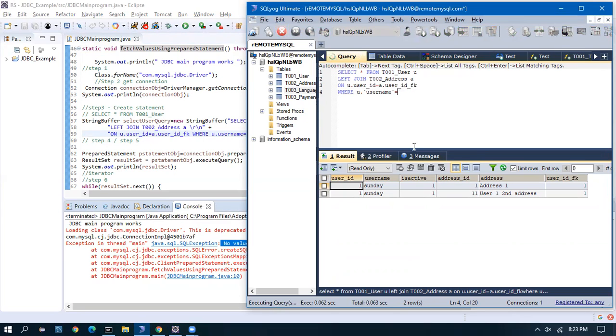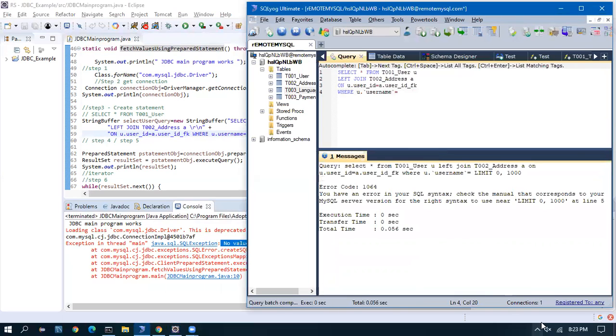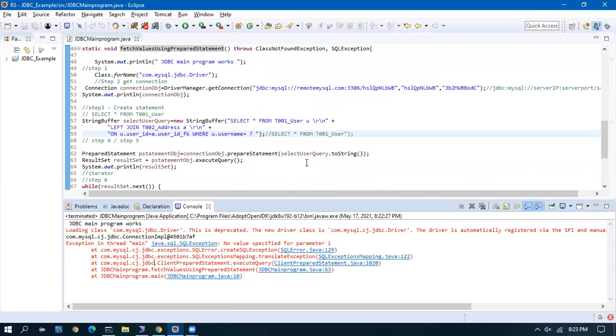The query will not know what to execute. So there is an error. This will tell that the value is not supplied. No value specified for the parameter.